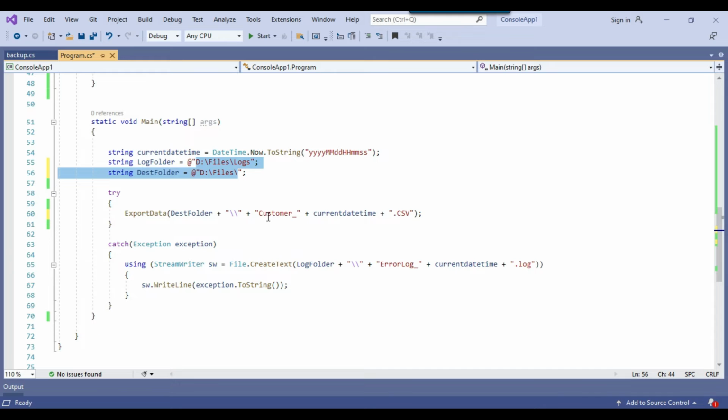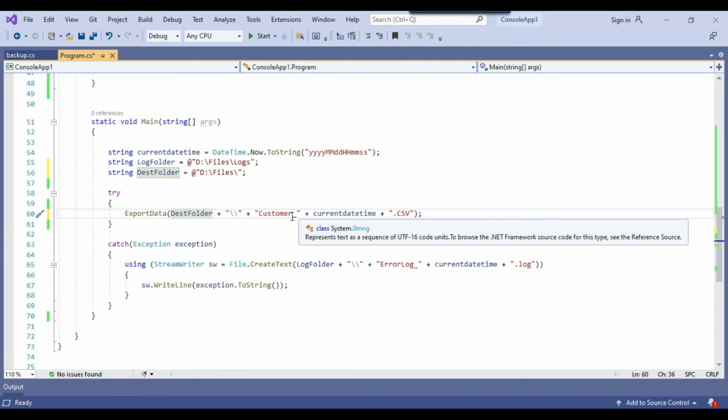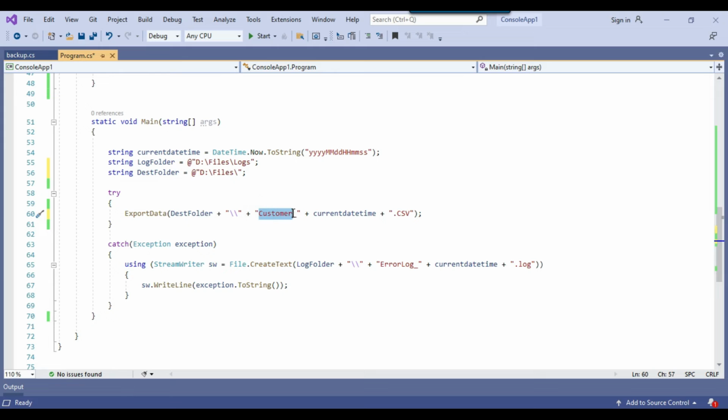The file name will be something like customer underscore current date timestamp, and the timestamp will be like YYYYMMDD and so on. So for every second this value will change. So even if you execute the package every second, the package won't fail and it will create a new file here. If you want to give the name something else, like employee underscore or maybe product underscore, you can just provide this value there in the script task.